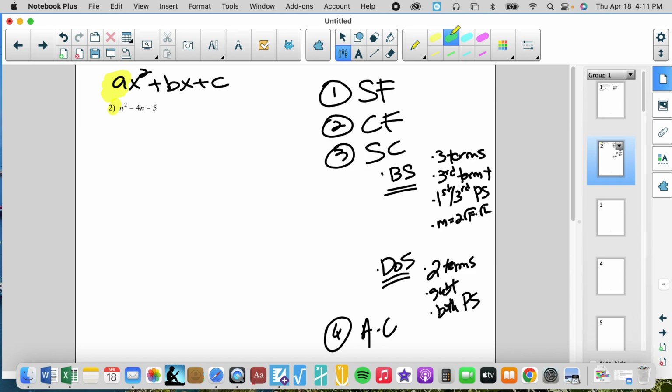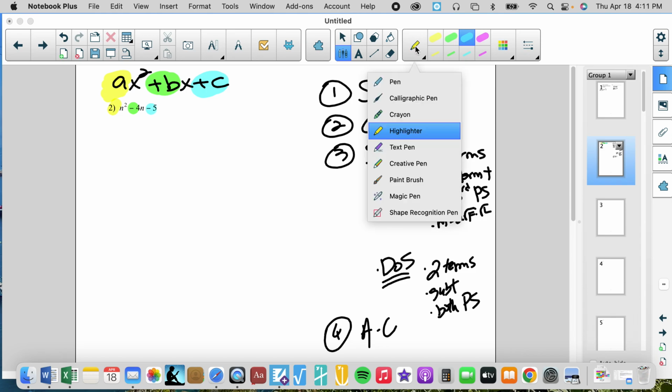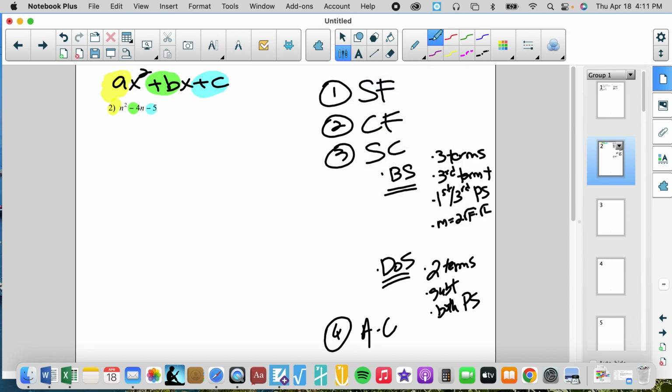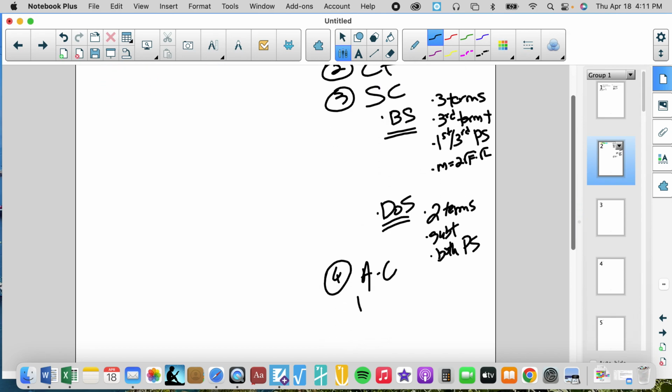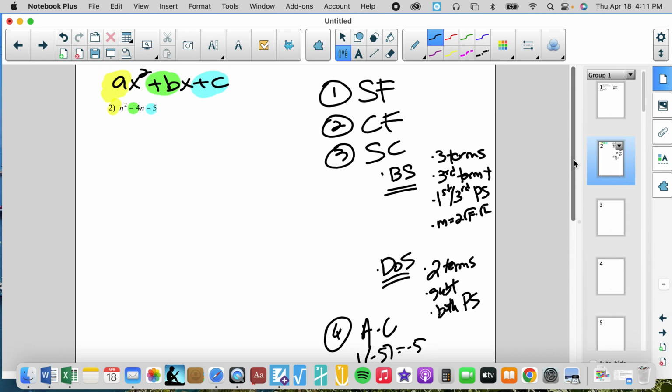B would be the coefficient of n, and c is going to be the constant. So when I say A times C, I'm talking about 1 and negative 5. So 1 times negative 5 is negative 5. We're going to do factors of that 5. The signs are different when we have a negative. We're going to look here at our third term. If that is negative, that means the signs